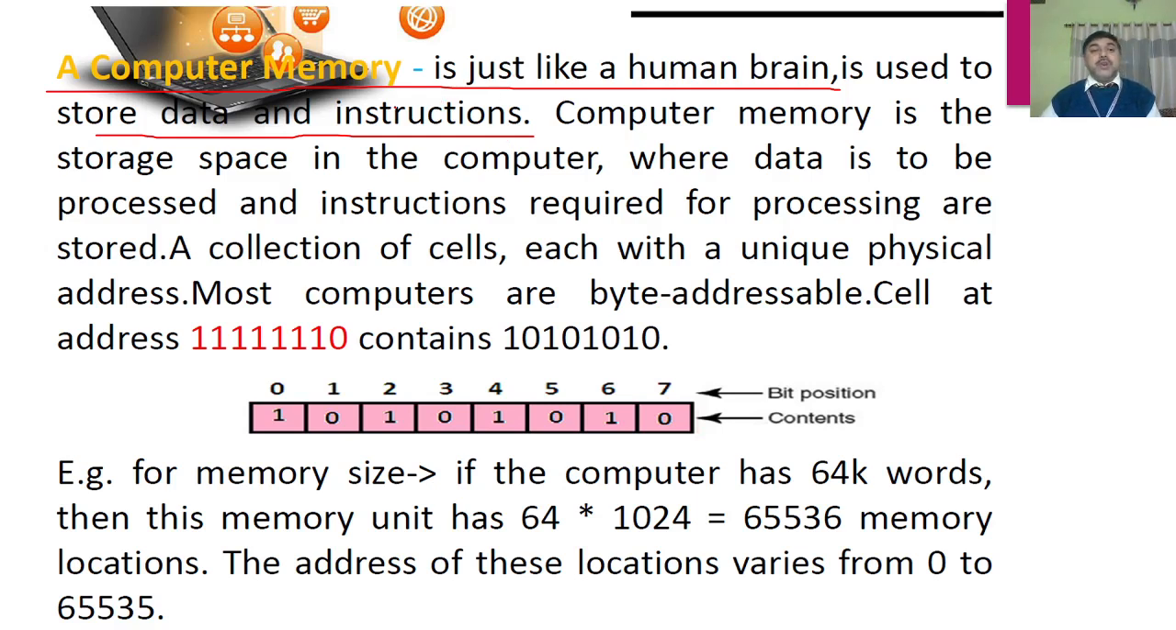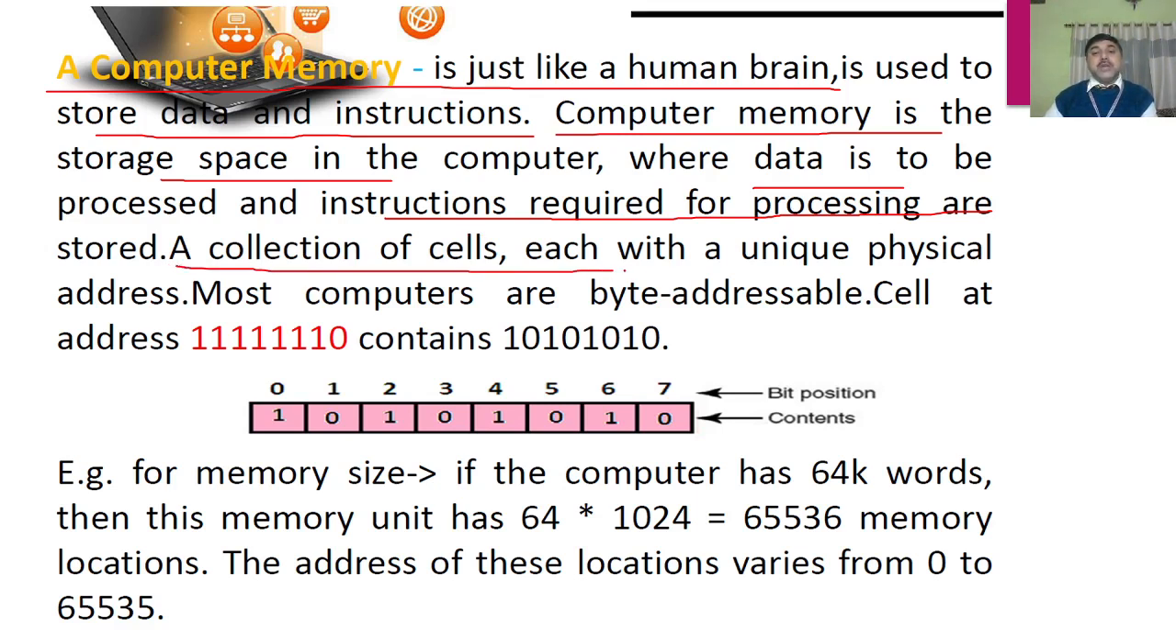Okay, so computer memory is a storage space. That means there is a particular storage space that we are going to find. In this storage space of the computer, we can store the data and we can work with the data. That means this is where the data is processed and the instructions that we require for the processing are stored, isn't it? So this is the section where we find that